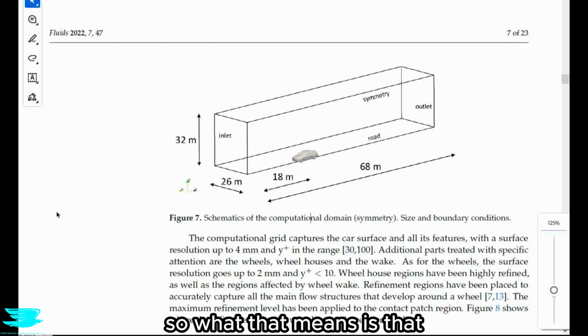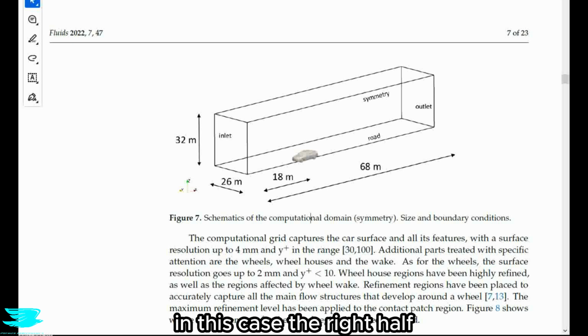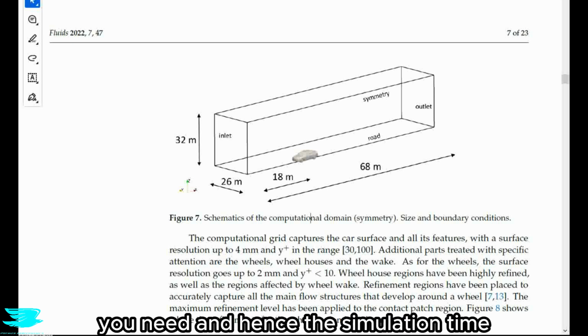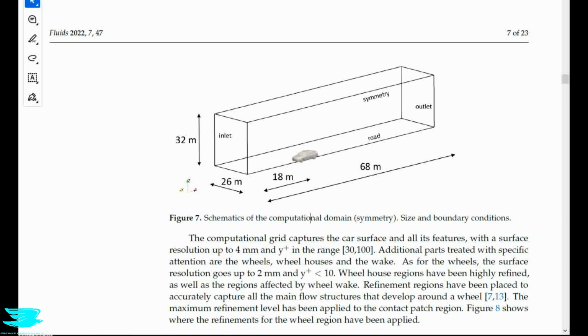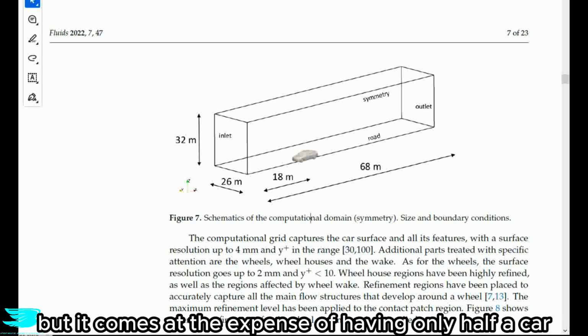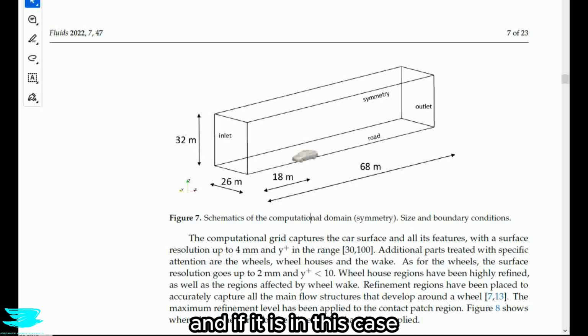So what that means is that they are only simulating half the car, in this case, the right half. The major reason why anyone would want to do that is to reduce the number of cells you need and hence the simulation time. The way you can get much more detailed flow is with this method, but it comes at the expense of having only half a car. So let's quickly discuss whether it's okay to do that, and if it is in this case, and when it